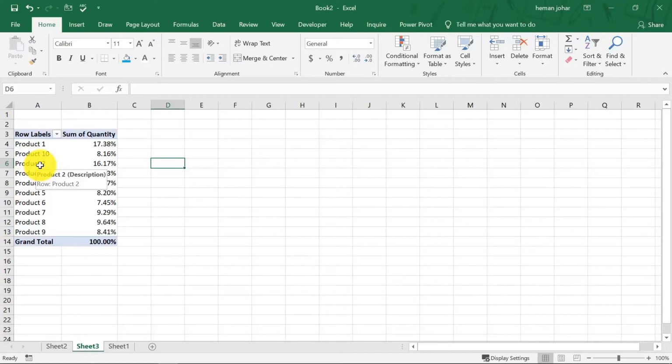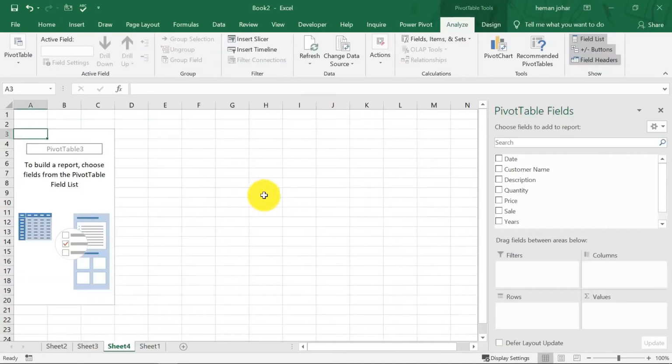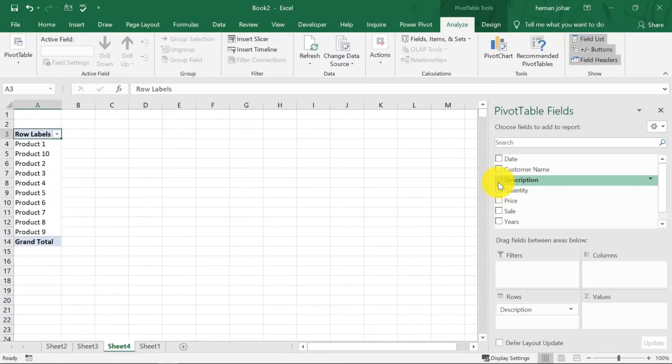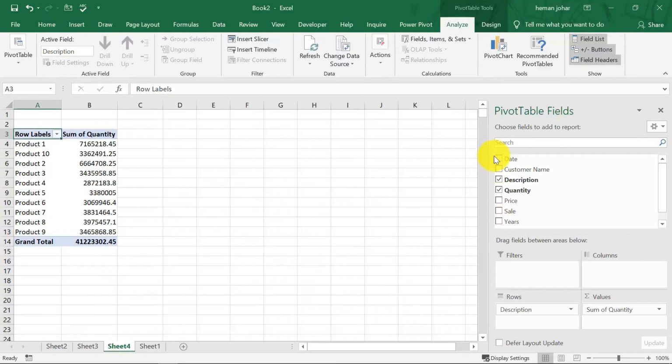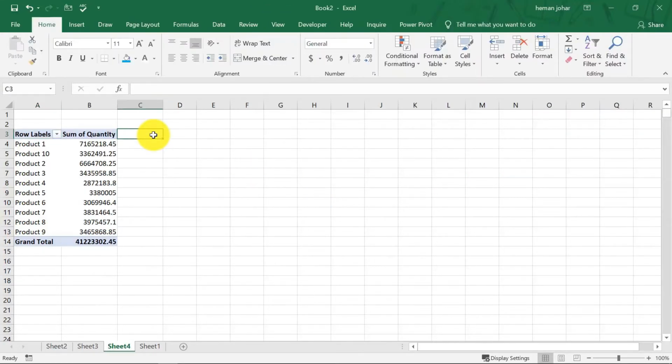Now let me show you one more trick. We'll go back to the data and create another pivot table. Say you want to do a custom calculation. So we will again take customer name or say product names, and their quantity. I believe this should be enough. Now I want to find out how many of these items were returned. We have an idea that around 2% of each item is returned.